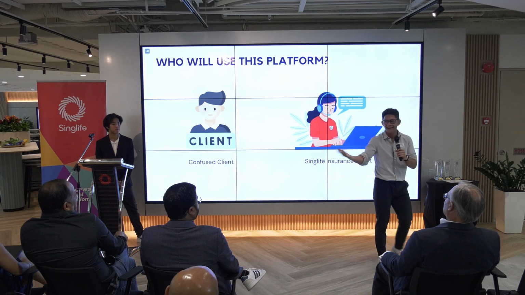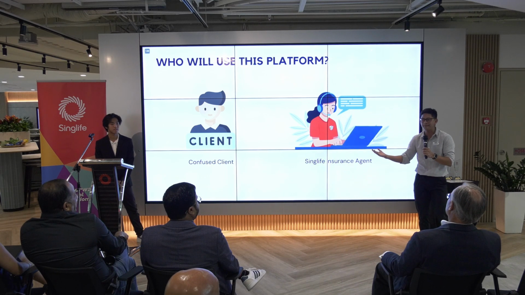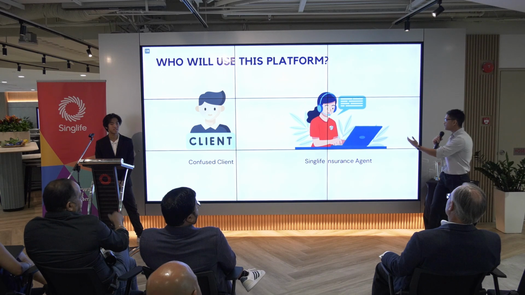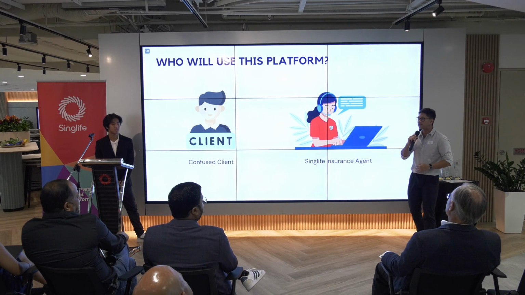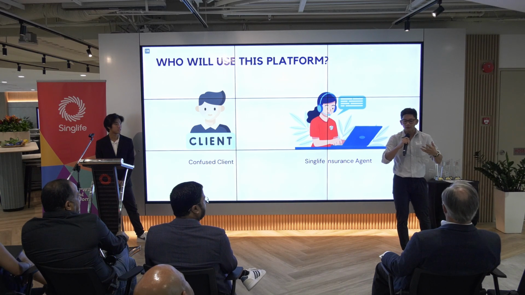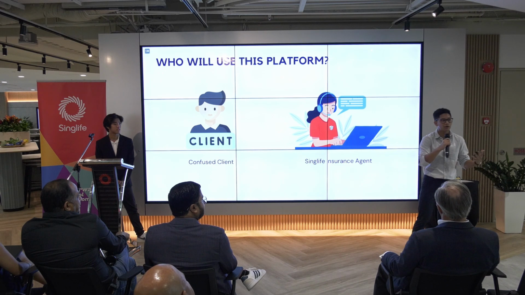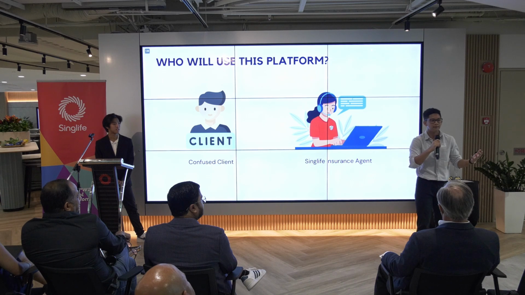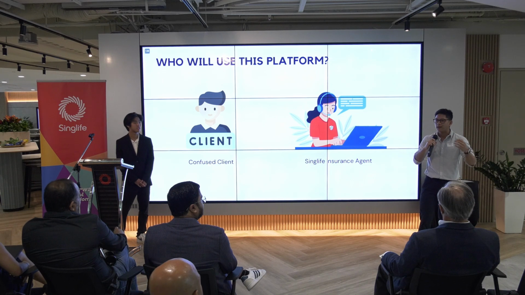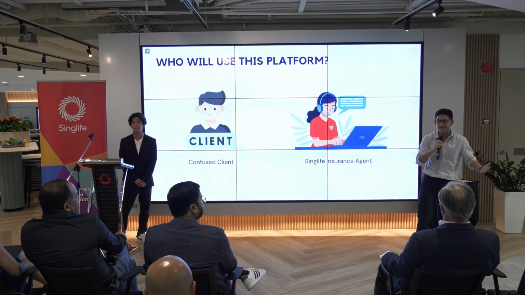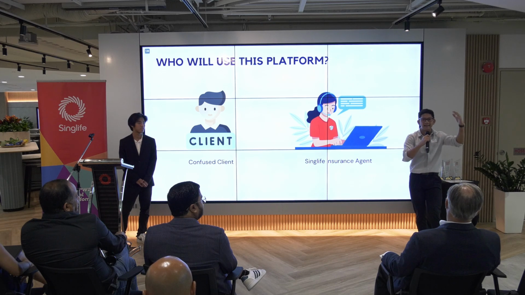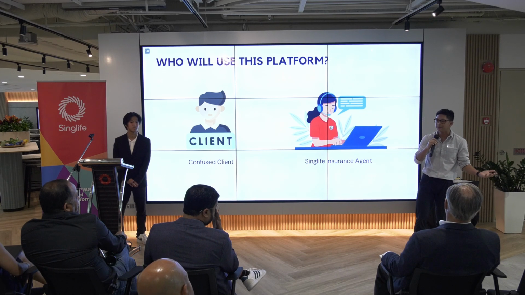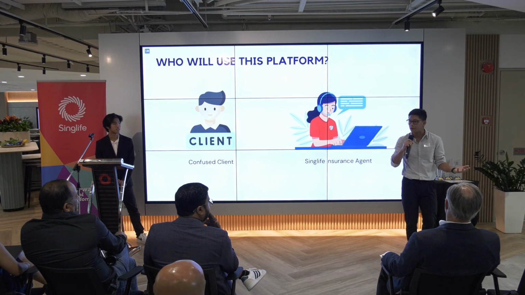I can click on the link, and I can get information within moments, right? But also, Singlife internal insurance agents. Let's say as insurance agents, you have clients that you are working with, and you're trying to educate them on the best way to go about insurance. But you're messaging them, WhatsApping them, you want to explain a concept deeply. That's going to be complicated. You're going to send them links, all these texts. They're not going to try to read it, or even if they do, they might not absorb a lot of it.